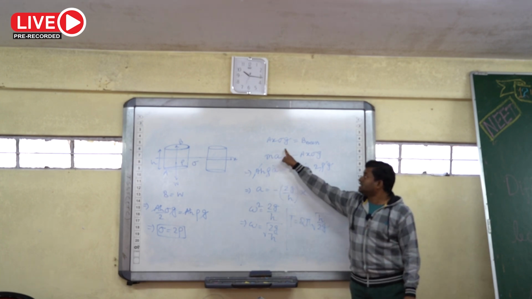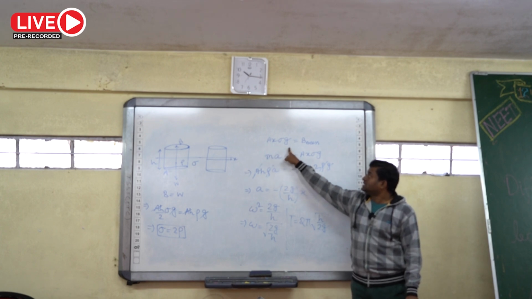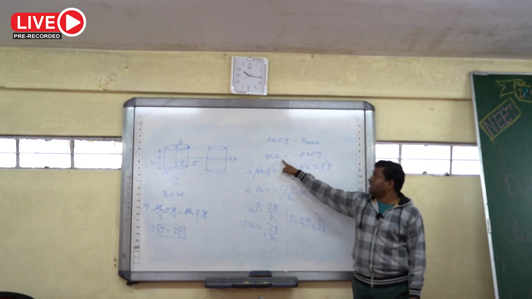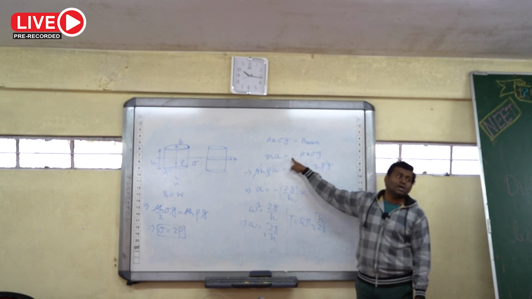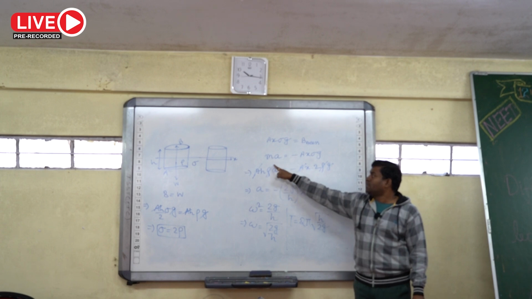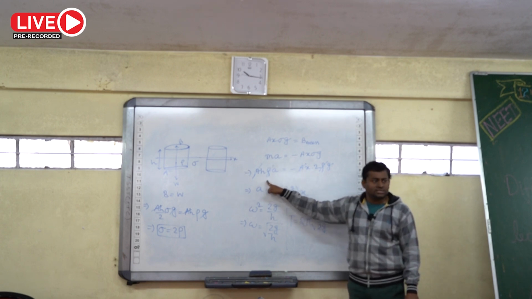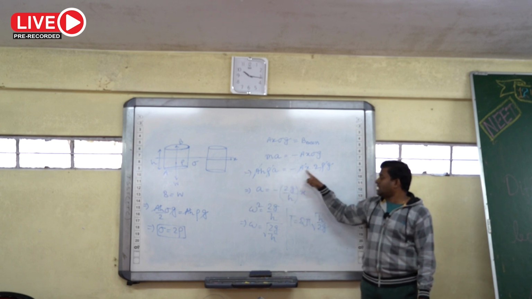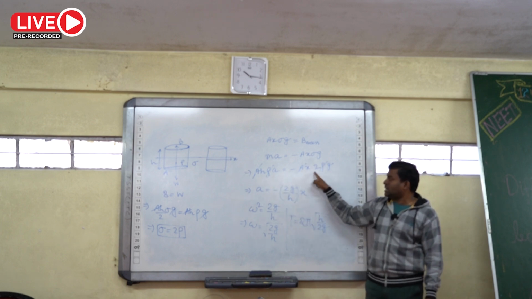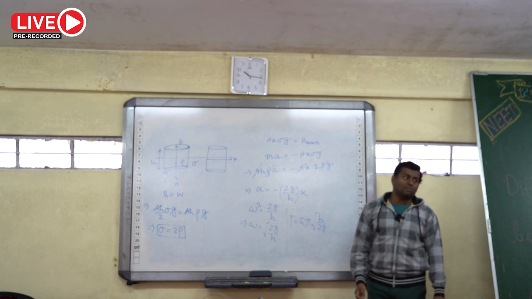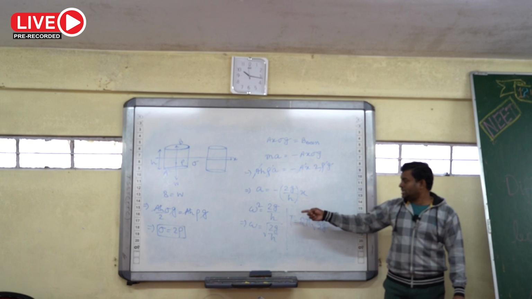Okay, so from this I write that this extra force will be equal to mass into acceleration according to second law. Since it is restoring, I put the minus. Now mass of the entire cork, that is volume of the entire cork into its density. From that I substitute that relation here for sigma and calculate A. Now for SHM we know A equal to minus omega square x. Comparing that,